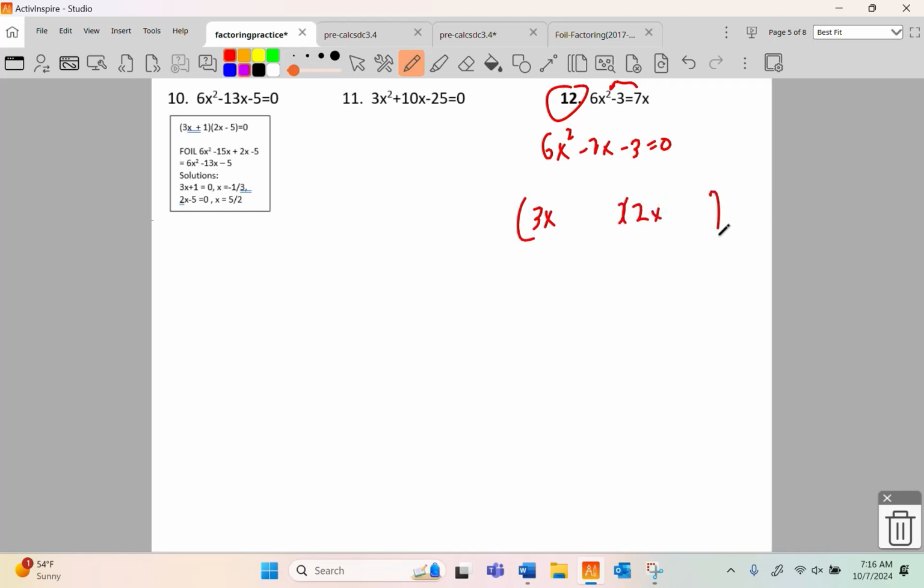And you know what? Let's make a mistake. Why not? Doesn't kill you to see that mistakes can be made. The inside would give me 6x. And by the way, I have to be -3, so one's positive, one's negative. And the outside gives me -3x, and 6x minus 3x is 3x. But I needed -7. So